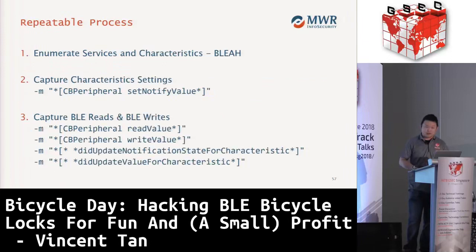So when I started, I had no idea how BLE worked and how one would begin looking at BLE devices. There was no process that I was aware of when I started on how to look at BLE stuff. I hope, given the following repeatable process, anyone who has wanted to start breaking BLE devices would have an easier time. As with any project,